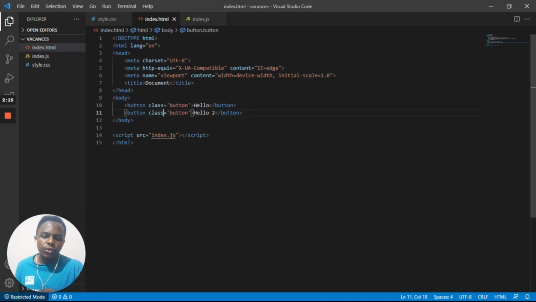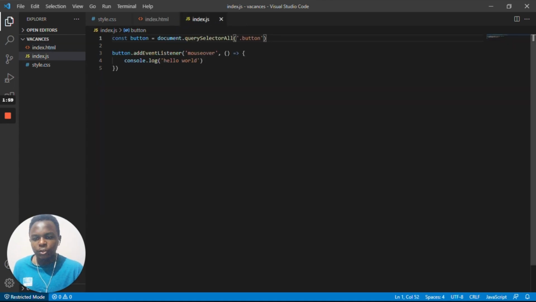Okay, so now imagine if we had 100 buttons on our page. In the way of doing the inline function here, we would have 100 inline functions, and that is a nightmare when it comes to maintaining your page. But this way, even if we have 100 buttons here, they are going to be maintained by this block of code, or this function. And this way it's easy to maintain. If you'd like to change something on all those 100 buttons, you just change it in those lines of code and you're good to go. So if I give this a try,